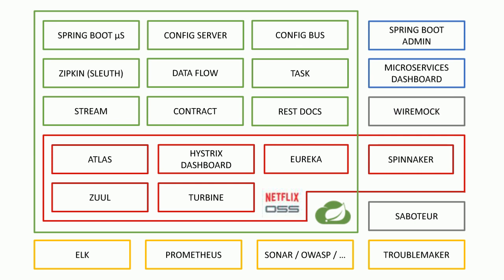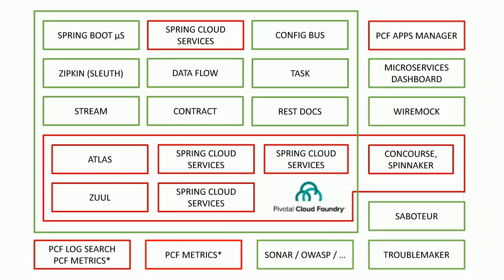Then if you compare it to Pivotal Cloud Foundry, because Cloud Foundry has a lot of these tools already out of the box, you can see a different picture, like this. Here we can see Spring Cloud Services, which already offers Netflix OSS stuff out of the box. Peter, if you want to pitch in there. Yeah, totally. There's some overlap in some places. The things highlighted in green are places where there really isn't any. For people looking at Pivotal Web Services, which is our public cloud, or Pivotal Cloud Foundry, which is the on-premise, there's a bunch of machinery for doing microservice architectures like the Spring Cloud Services, where